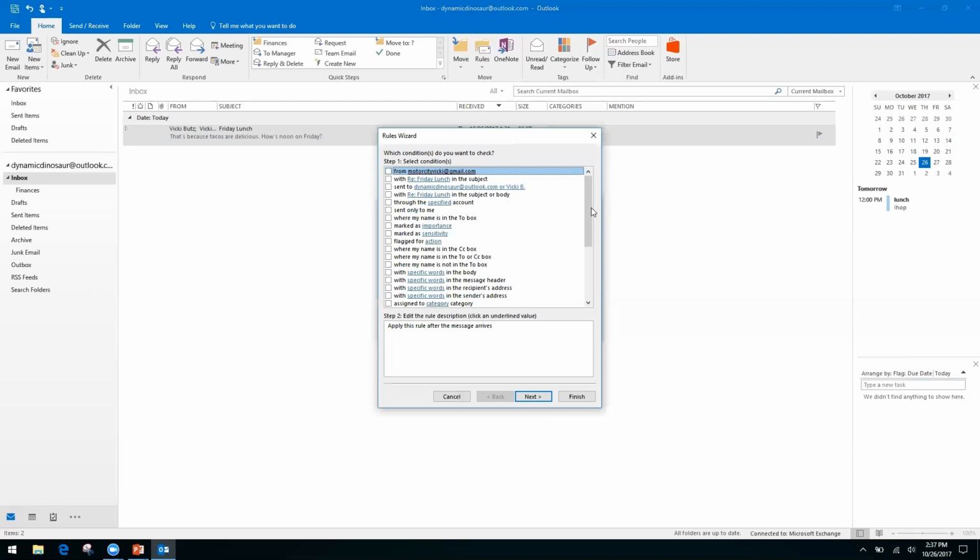So to set up specifically the inbox CC option, you're going to want to select the option that says where my name is in the CC box. You can also set it to where my name is not in the to box. So if it is in the CC box, or if it is also blind CC'd to you, if it's BCC'd, you may want to select that rule instead. Really depends on what's going to work best for you. You can trial and error that. I would recommend using the where my name is not in the to box. It is a little bit more catch-all. And we can click next